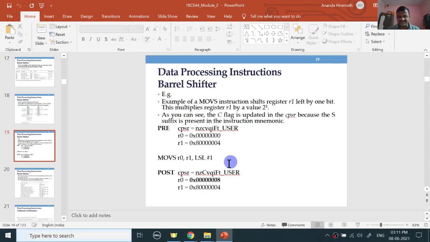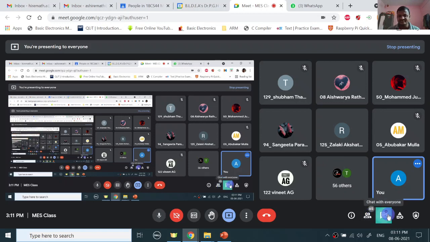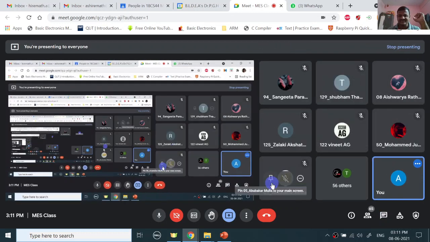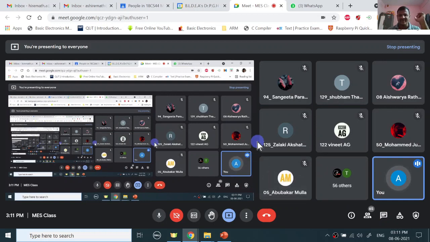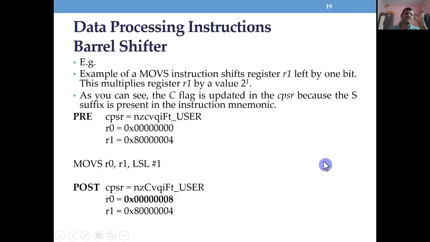Okay, some of the answers are posted here. Okay, fine. I hope you got the idea about how we can perform multiplication or division by numbers which are not a power of 2. This is one simple example. Many examples will come across during discussion. Okay, I'll move further.